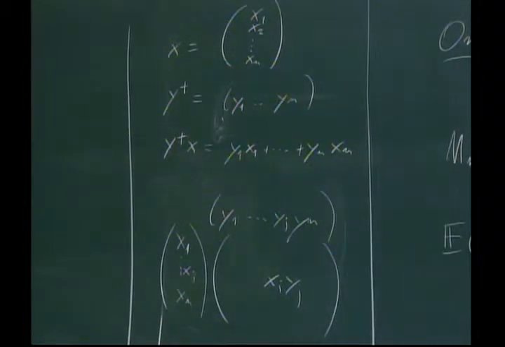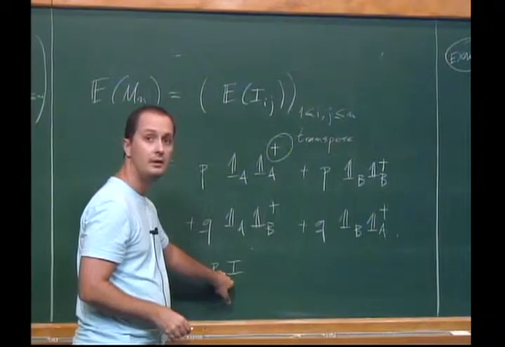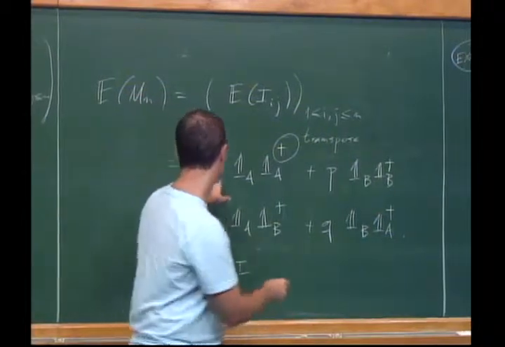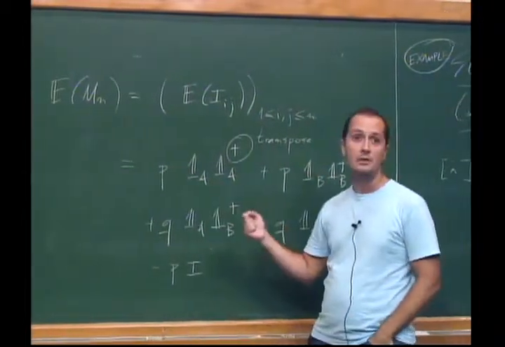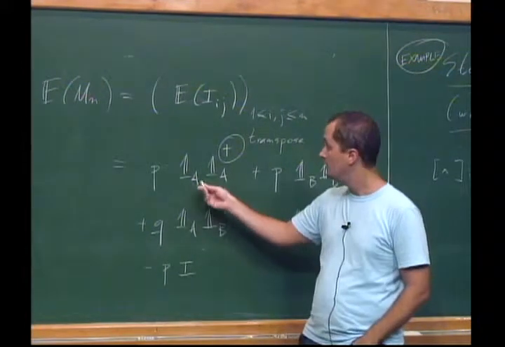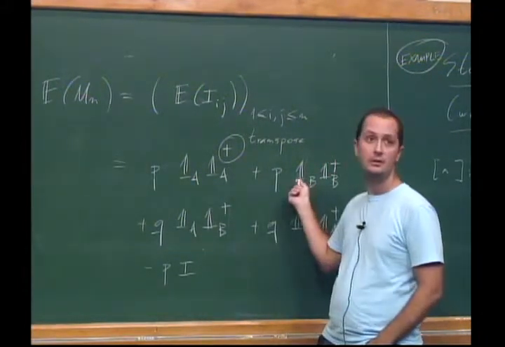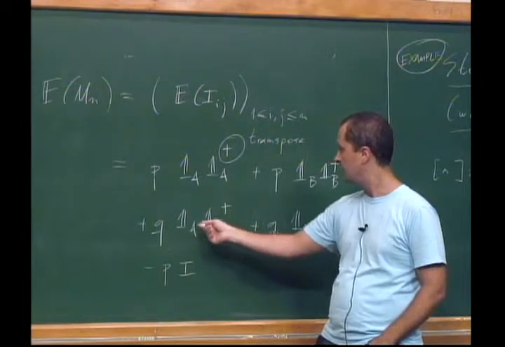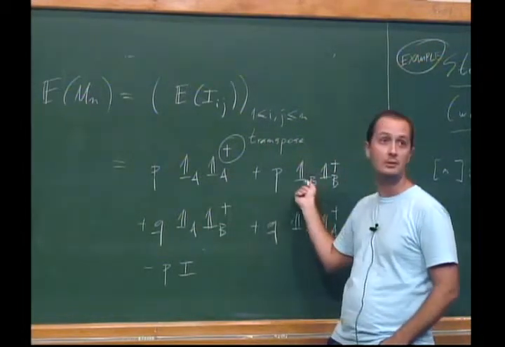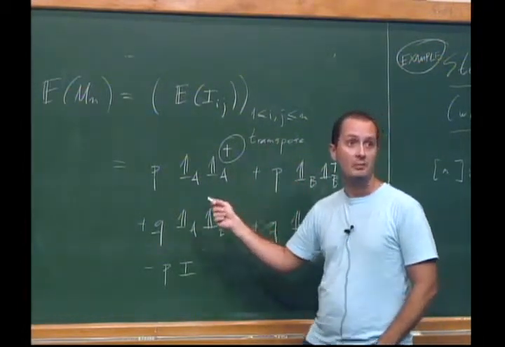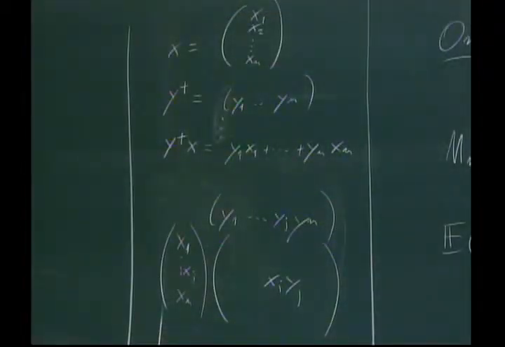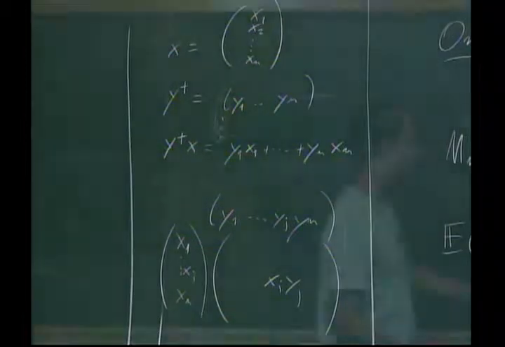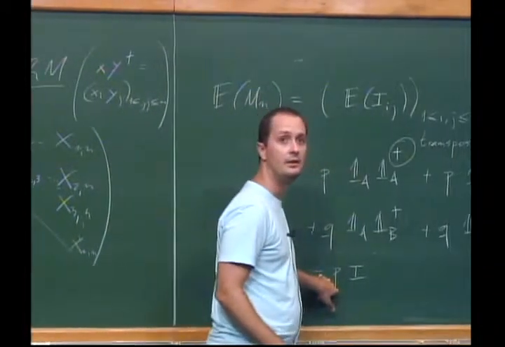Maybe just to make sure, I had to subtract this pi here because what does this have on the diagonal? If you have, say, one entry of the matrix, well, 1 either belongs to A or to B, so these terms are going to be 0, one of these is going to be 1, so you get P. But I want the mean on the diagonal to be 0, because the random variables on the diagonal are always 0. So I need to subtract this multiple of the identity here.